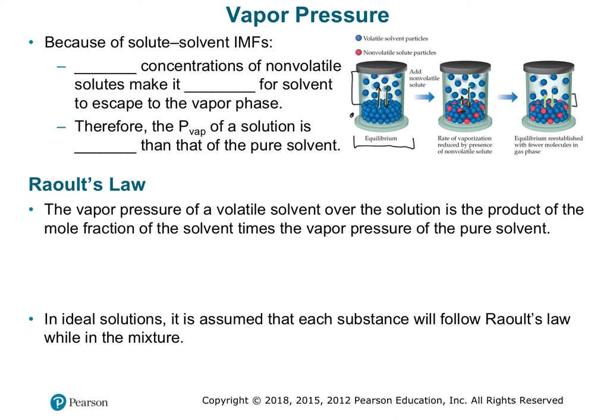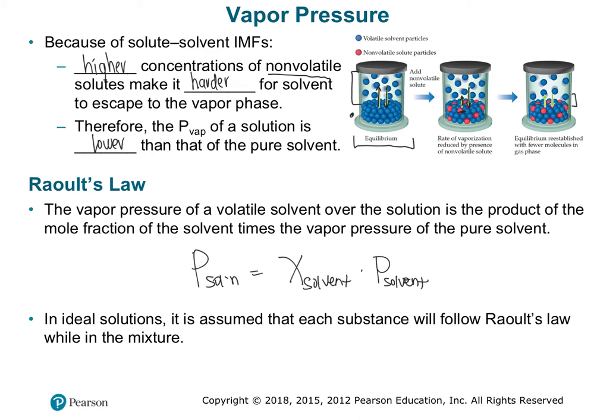So when we have a higher concentration of our solute, specifically non-volatile solute, meaning it's not going to create any vapors, it's going to make it harder for our solvent molecules to escape into the vapor phase. So therefore, the vapor pressure is lower than that of the pure solvent. It can be related by Raoult's law, which says that the new vapor pressure of the solution is equal to